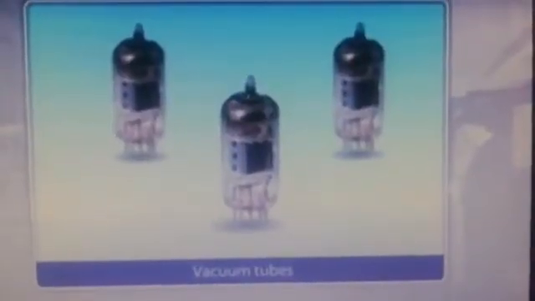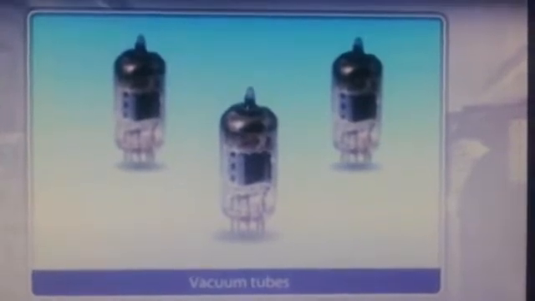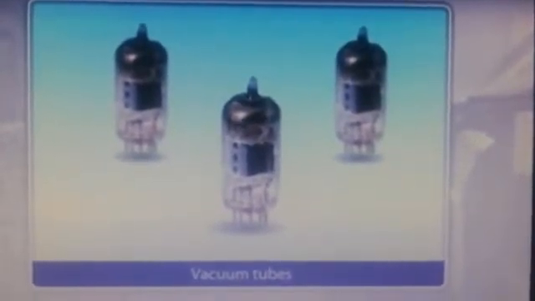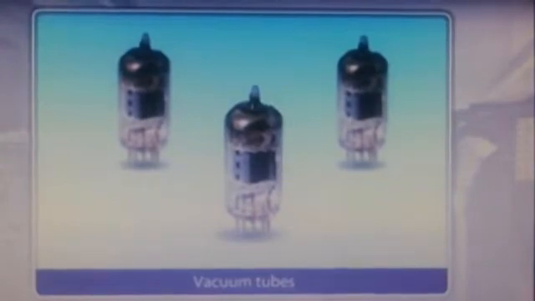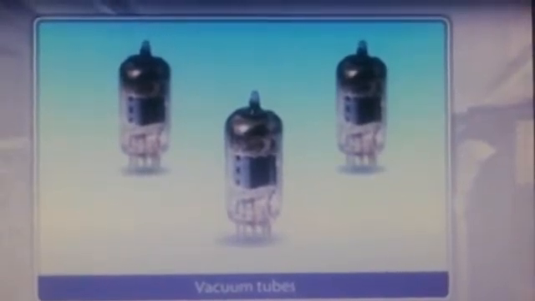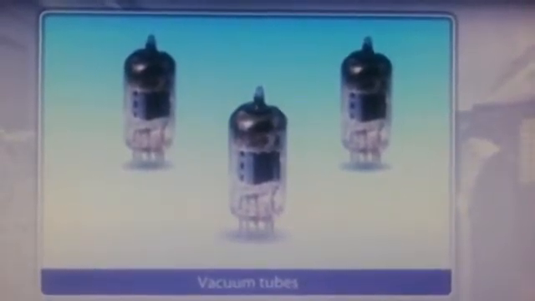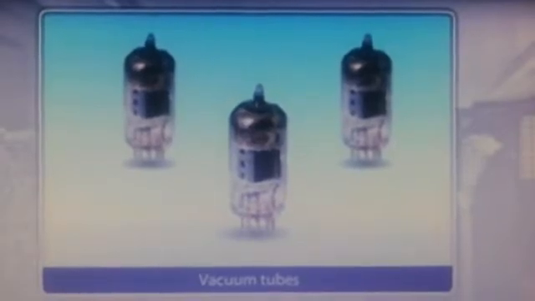So students, here is the first generation computer, 1942 to 1955. The computers that were developed from 1942 to 1955 were called the first generation computers. So here is the first generation computer. These are the vacuum tubes. Vacuum tube consists of a glass bulb and wire. The wire is used to carry data in the form of electronic signals.